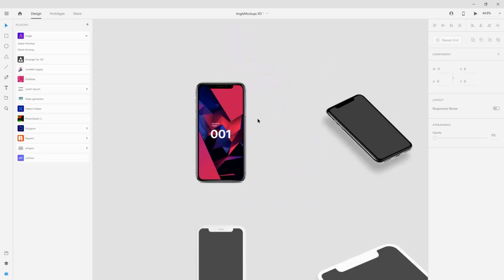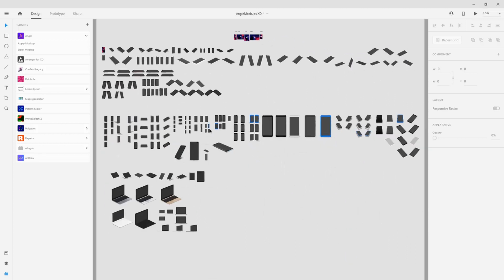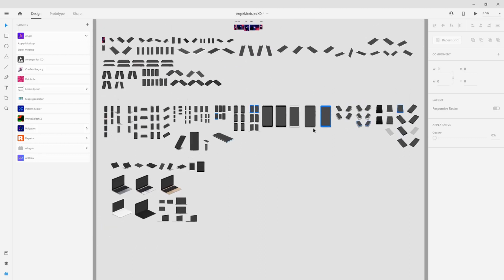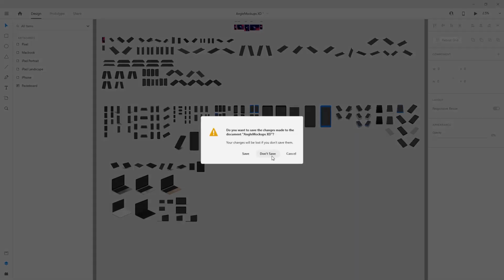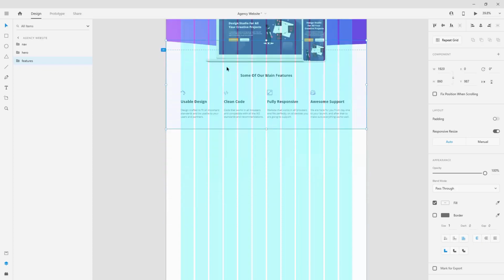I don't know how they do their magic, but I see more and more designers using their mockups, and they're really awesome, and they have multiple devices on choice and on offer. As you can see right here, we have MacBooks, we have iPads, we have Pixel phones, Samsung phones, and so on, and they're updating there all of the time. So I really hope that makes it easy and that makes it clean how I got my files to appear right here, because this is my original design and I include it as a mockup just to show you how everything looks like. Now let's move on to the mission section, and I'm going to create my label, and to